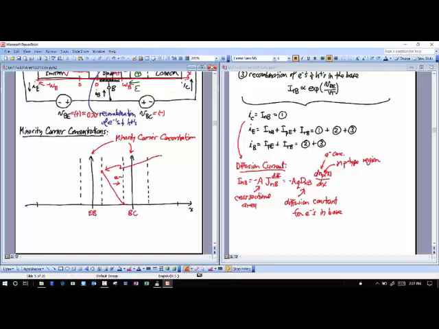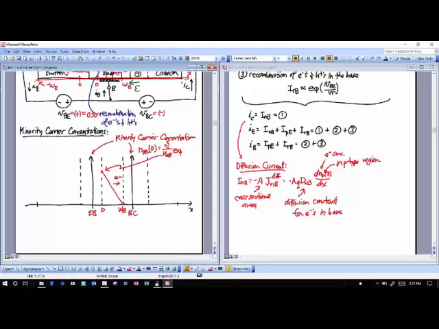So if I call this point 0, and I call this point W_B for the width of the base, then the concentration n_pB, which is for the base there, at location 0, that's just going to be equal to whatever the unexcited concentration of electrons in the base is, which is going to be equal to n_i squared divided by N_AB, which is the acceptor concentration of the base,